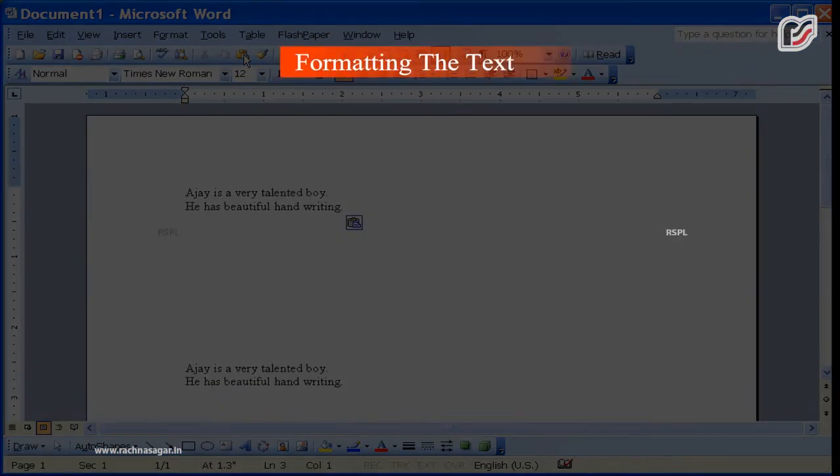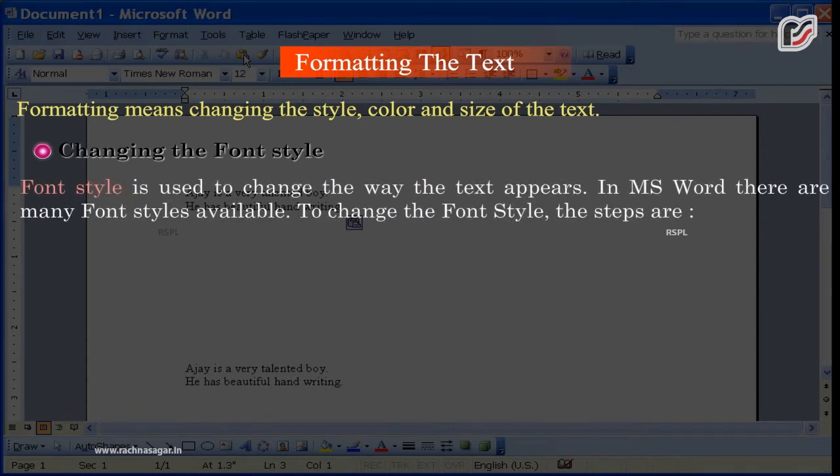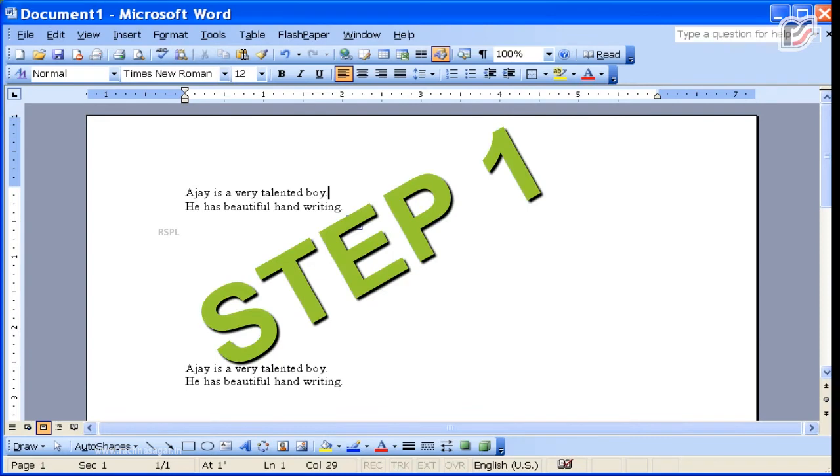Formatting the text. Formatting means changing the style, color, and size of the text. Changing the font style. Font style is used to change the way the text appears. In MS Word, there are many font styles available. Step 1.